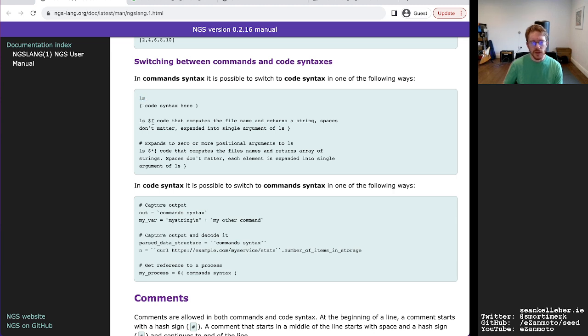I'm not quite sure what ls is doing here. This isn't running a command, this is running code. Code that computes the file name and returns a string. Spaces don't matter, expanded. Okay, and so this will do a different amount of post-processing depending on the symbols that come before it.